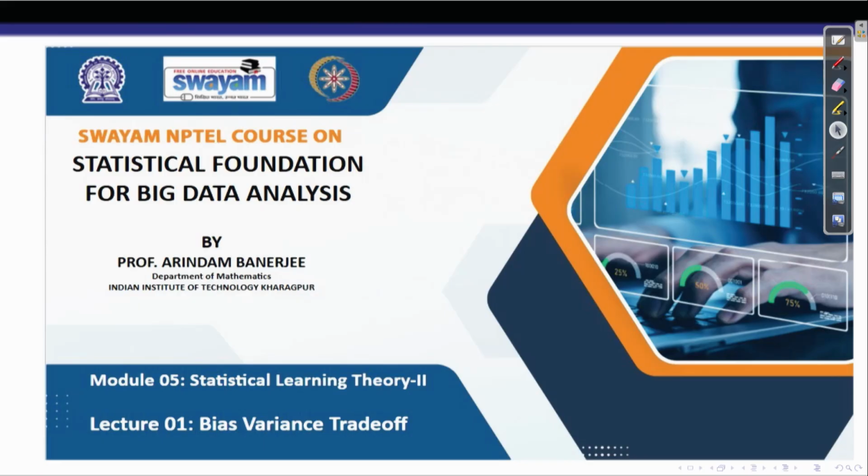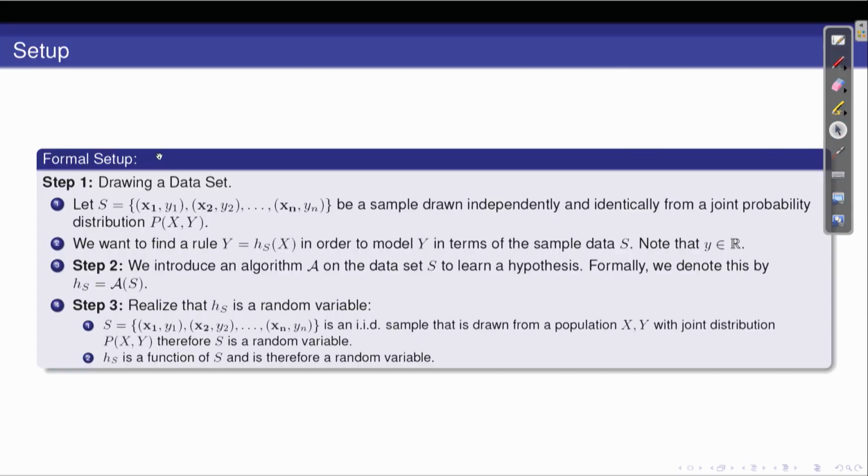In this module also we continue our discussion on statistical learning theory. So in the first lecture of this module we will discuss the bias variance trade-off. Recall what we discussed in our first module on statistical learning theory, that is module 4, this